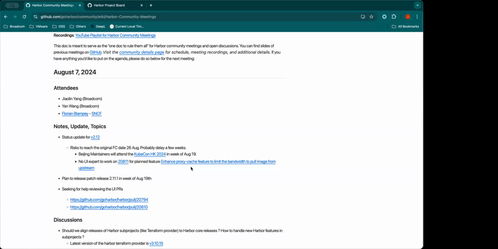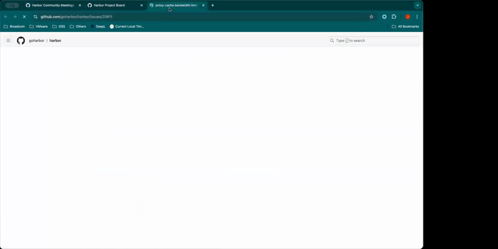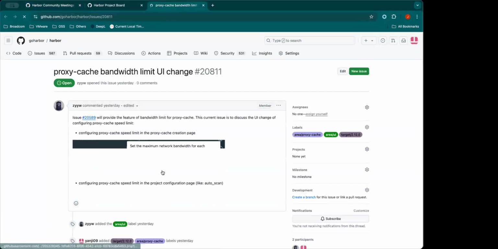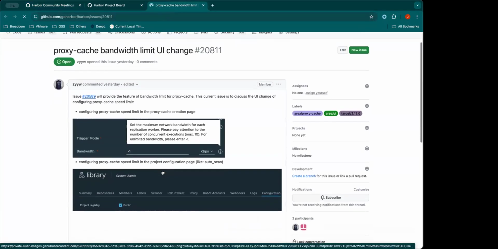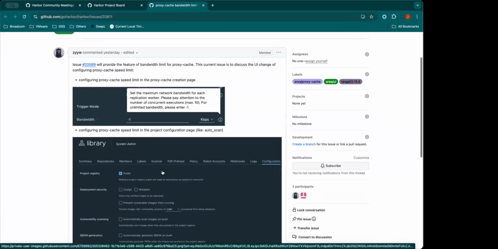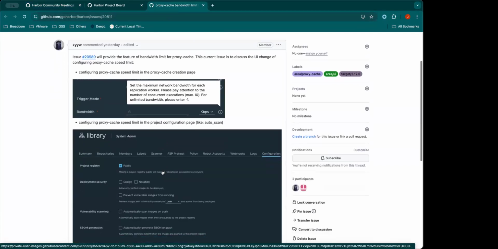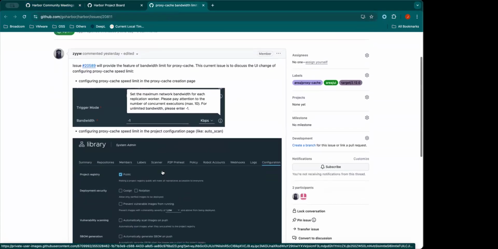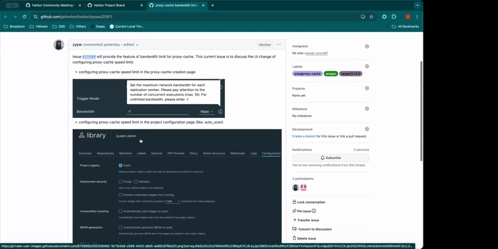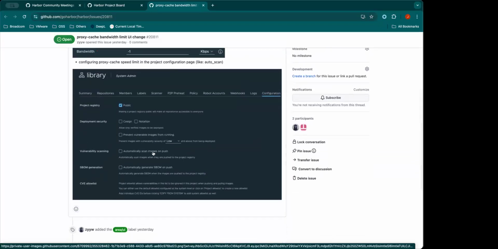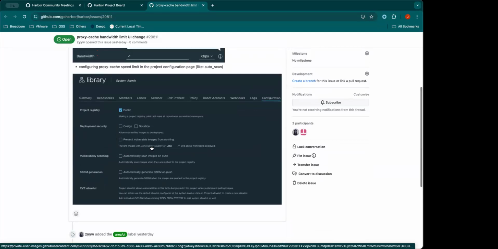But when we do this feature, we also need some change in the UI to provide some configuration for the proxy cache project, like setting the bandwidth and adding some more configuration to enable this limit.